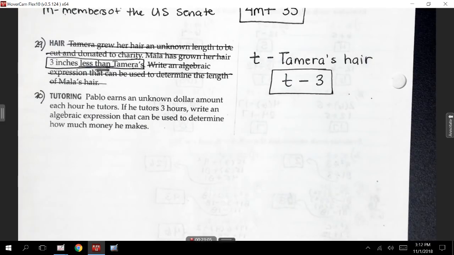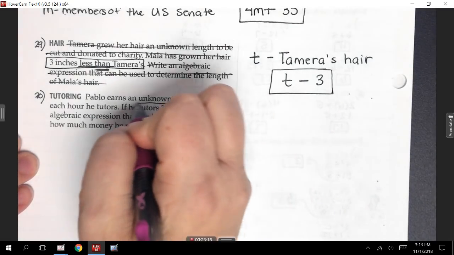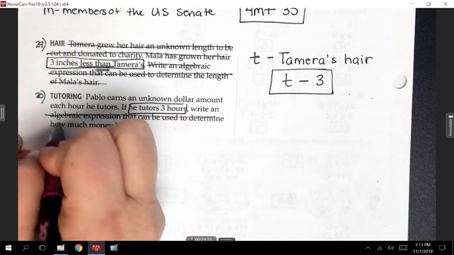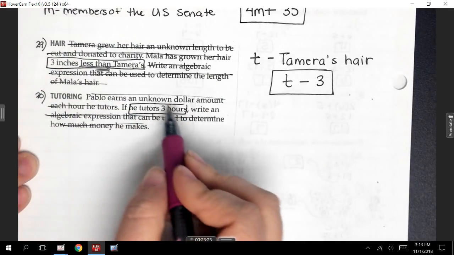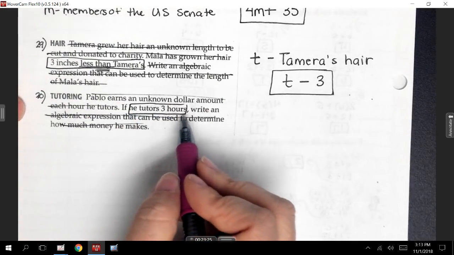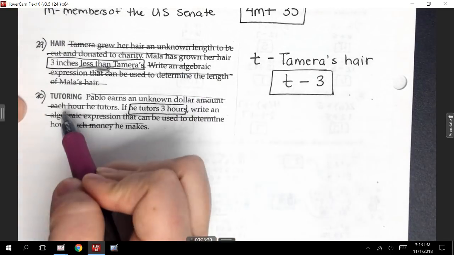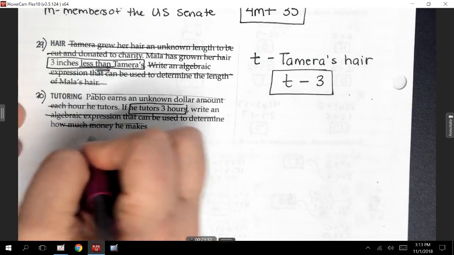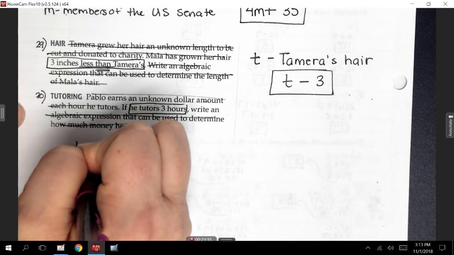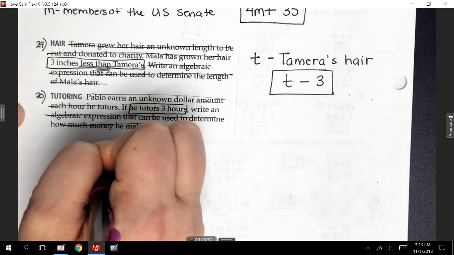Pablo earns an unknown dollar amount each hour he tutors. Unknown amount. That's what my variable, that's what we're looking for. If he tutors 3 hours, write an expression that can be used to determine how much money he makes. Again, we're looking at he tutors 3 hours. The rest of the stuff really doesn't matter. If I want to know how much money he's making in 3 hours, I need to know the unknown dollar amount each hour he makes. So I'm going to say H for amount